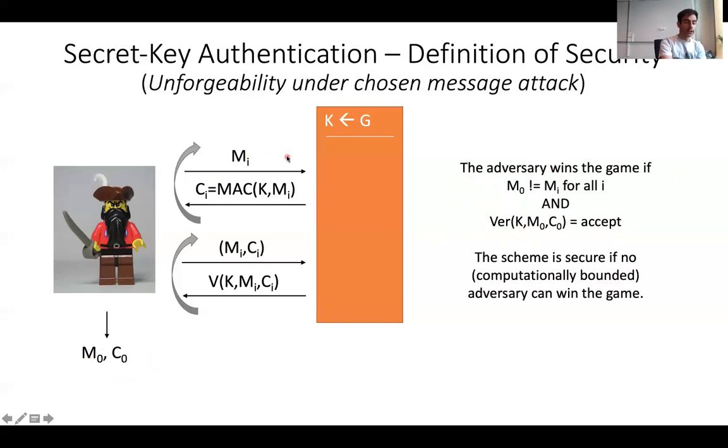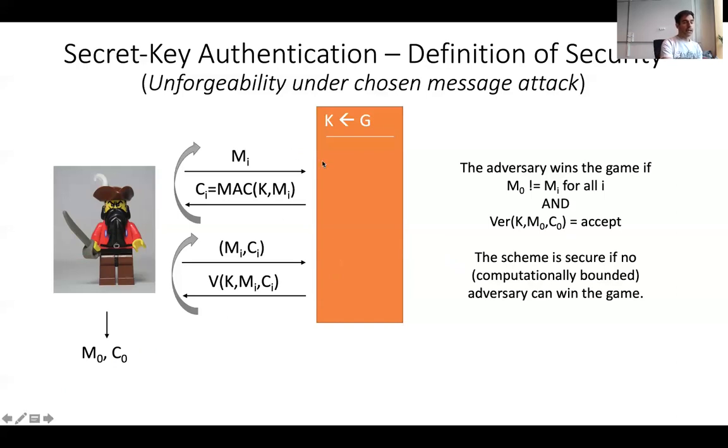Remember, the adversary doesn't know the key. We call them a forgery. So the adversary has forged a MAC, has computed a valid MAC without knowing the key, and this is what we want to prevent. So if a scheme is secure, it should not be possible for an adversary to output a valid forgery, an M' and a C', such that the verification algorithm accepts those,